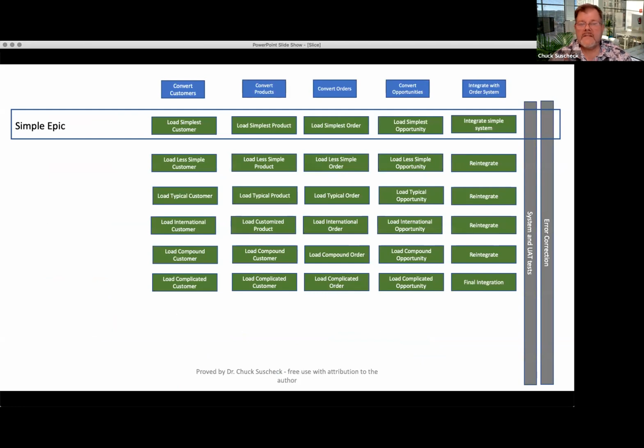So my simple epic consists of loading a simple customer, doing a simple product, simple orders, simple opportunity, and some sort of little integration. And then some sort of test if I can, and error correction. Here's the pushback you get on something like this though. Well, we've got to go back and reopen it up and do the same thing over. Yes, you do. But if we divide it up like this,